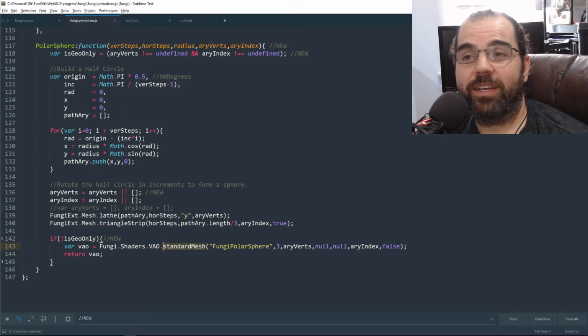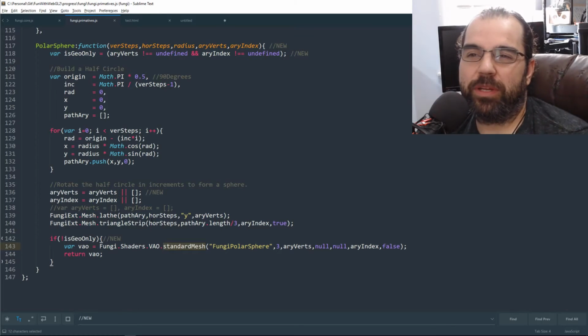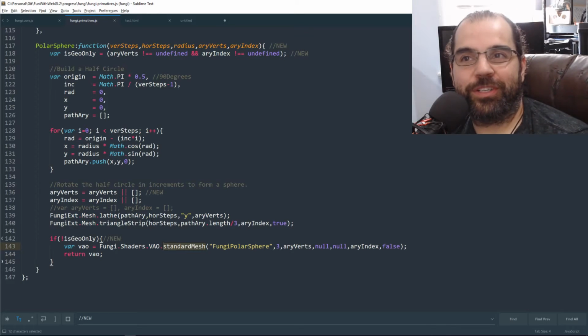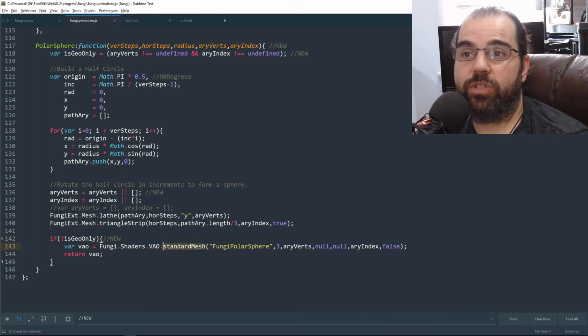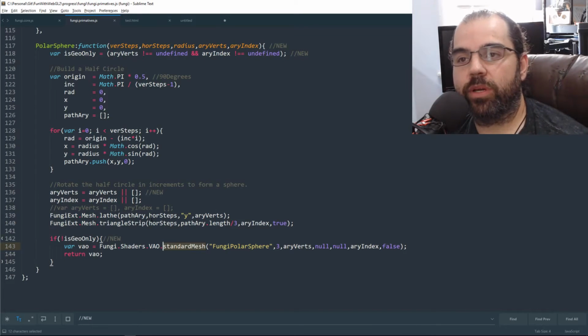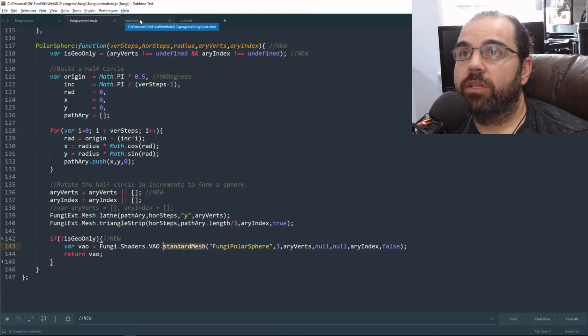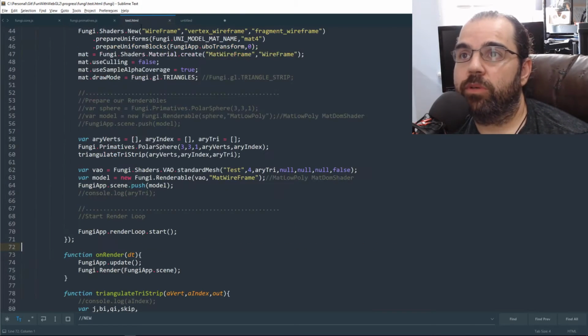This is starting to show me why Three.js has a geometry class. I'm like, why do I need a geometry class? And now I'm starting to understand it, because what happens if you just want the geometry information but you don't want the mesh yet? Maybe you want to process that information before you generate a mesh from it. Or in our case, we're using that as a starting point, which we're going to recreate in a different way. So now that we're done dealing with primitives, now we're going to go to our